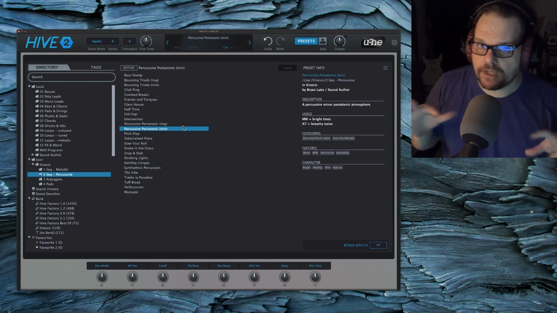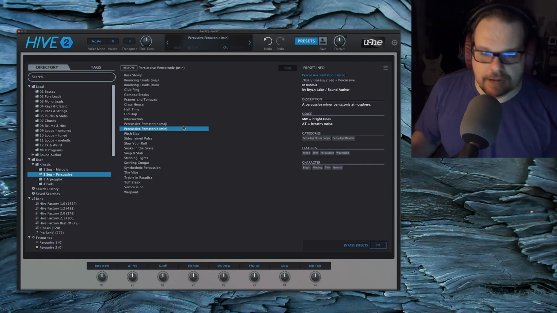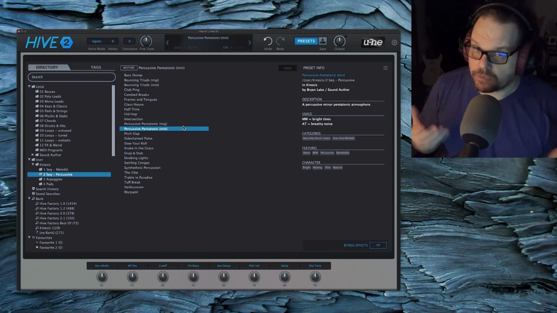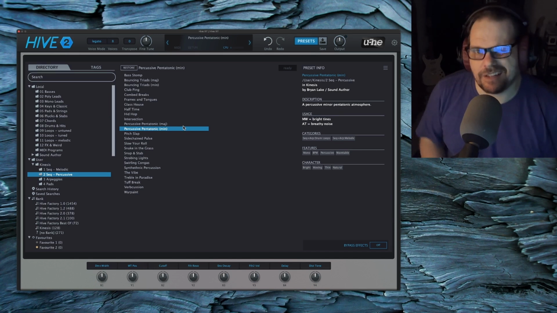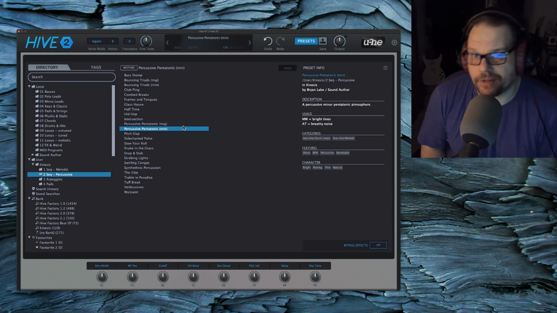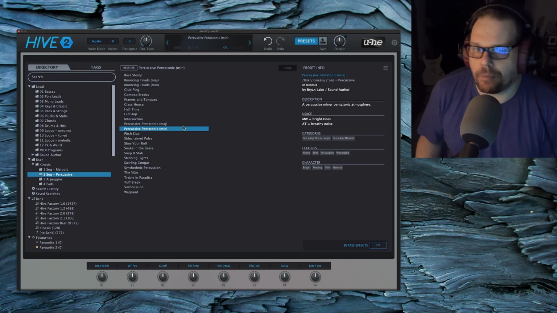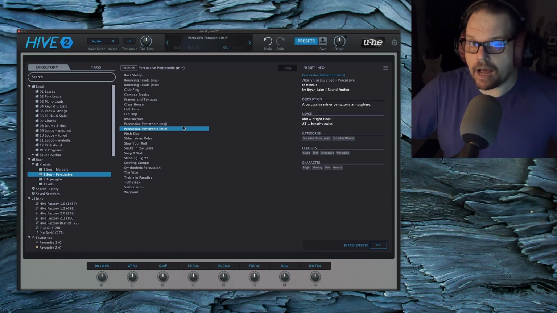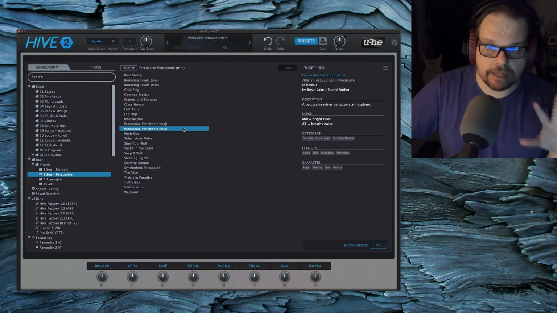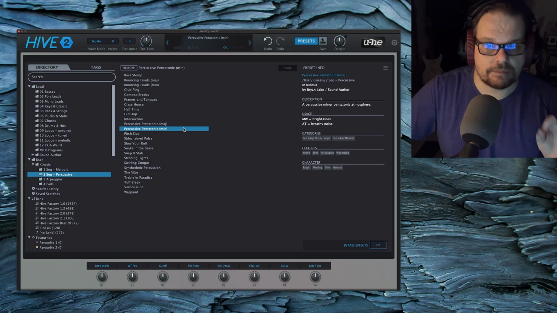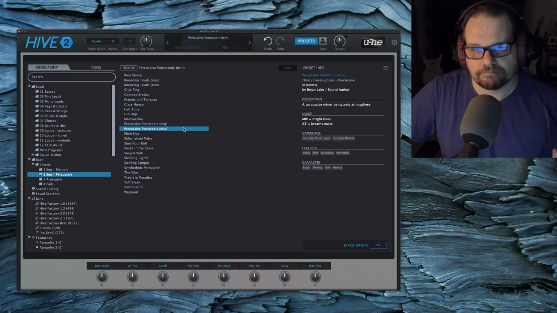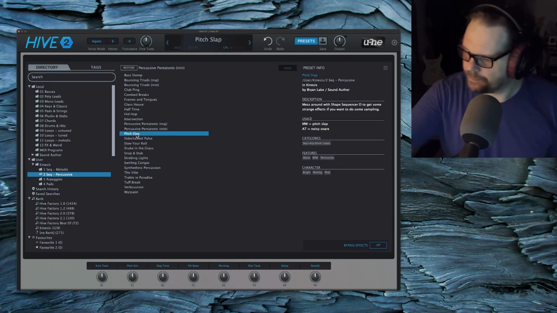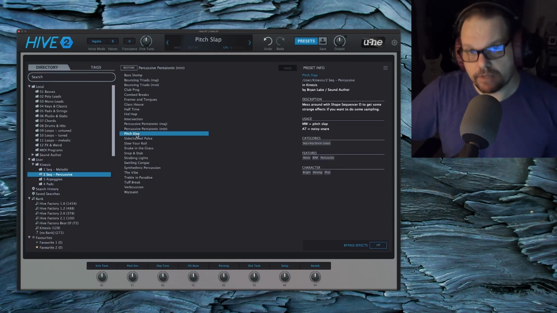So no matter what I do with a chord progression in a track, I'm never going to get to a point, at least not with this patch, where I'm like, it's only in a minor key. I can't accompany a major chord with it. For this patch, I'm never going to be in that situation. So sometimes, not too much, but sometimes you just want to have major and minor versions of sequences. It's not something you want to get carried away with, but it's good to have it there.